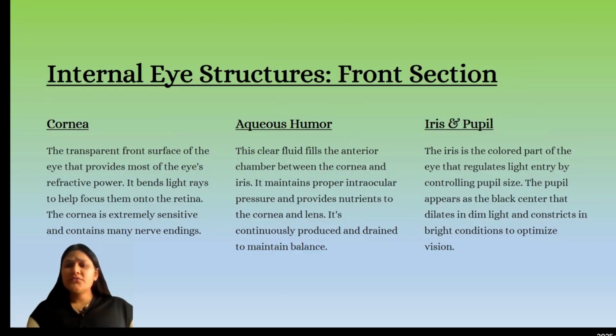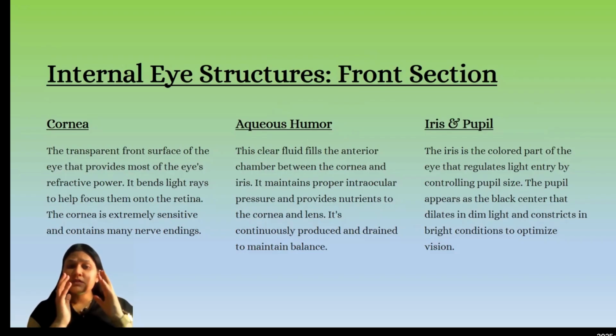Cornea is a transparent membrane on the surface of the eye that provides us the refractive power. What is refraction? Refraction is the bending of light rays to focus onto the retina. The cornea is an extremely sensitive part with many nerve endings, and it provides the proper corneal transparency for the light rays to go through onto the retina. Aqueous humor is a very clear fluid that fills the anterior chamber between the cornea and